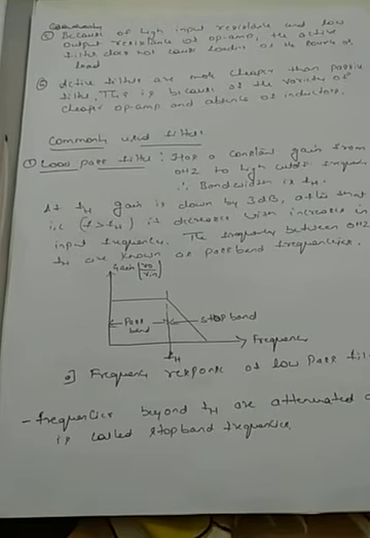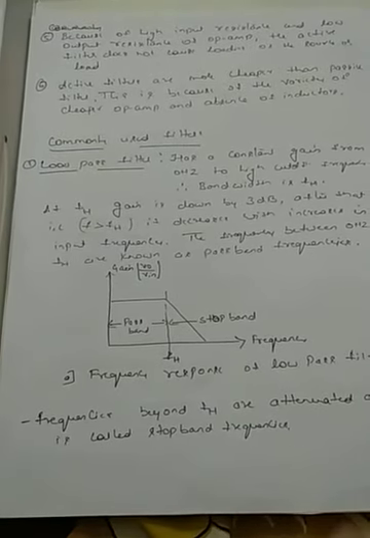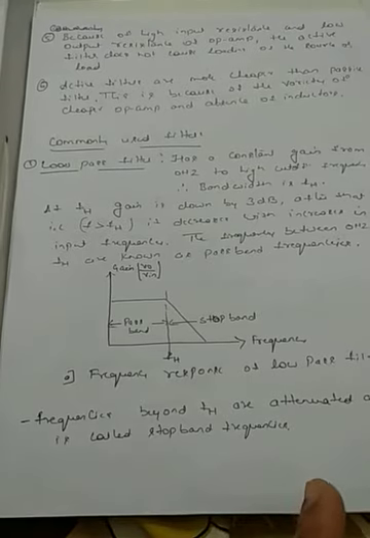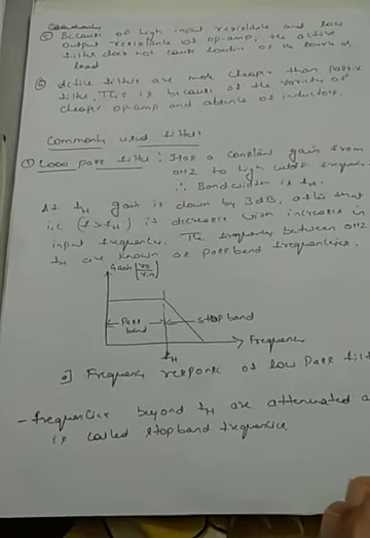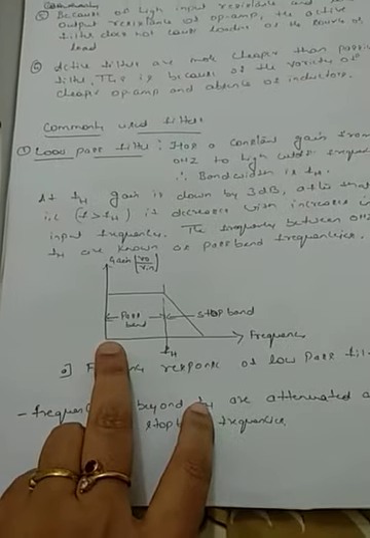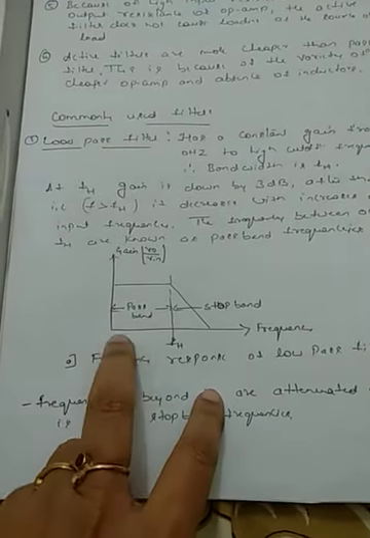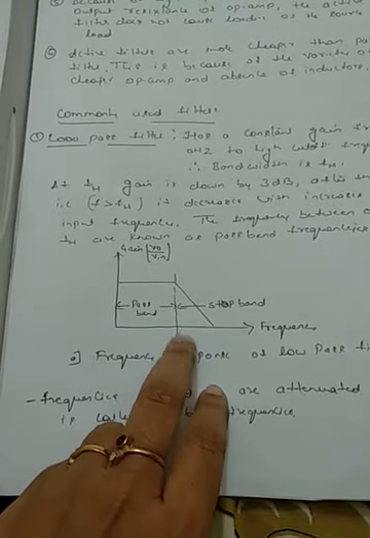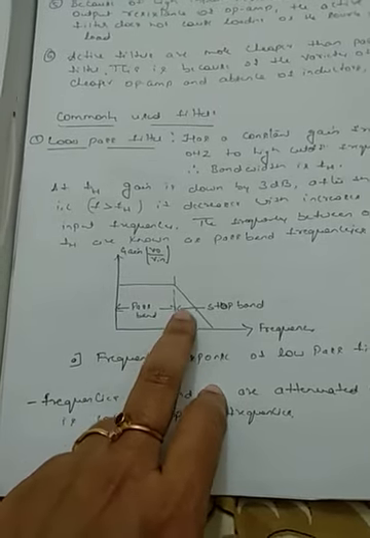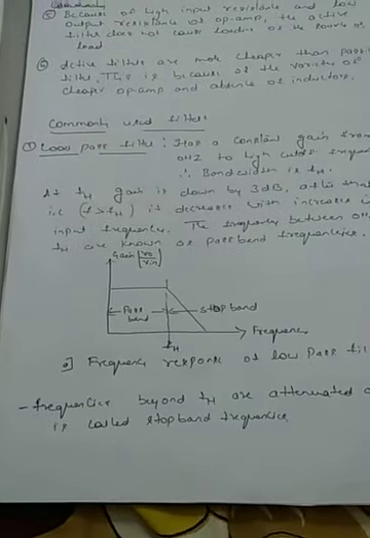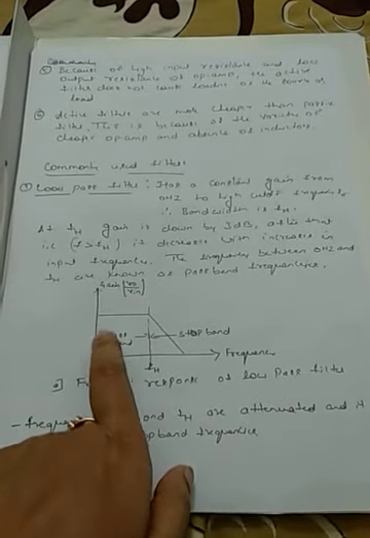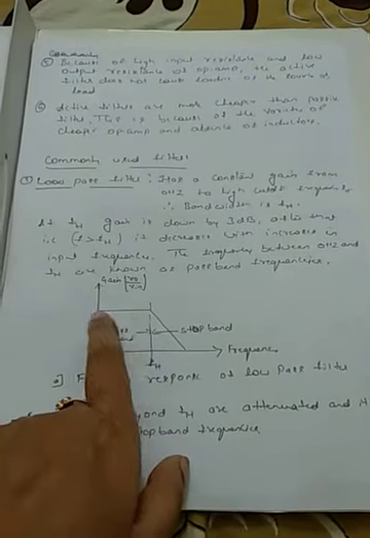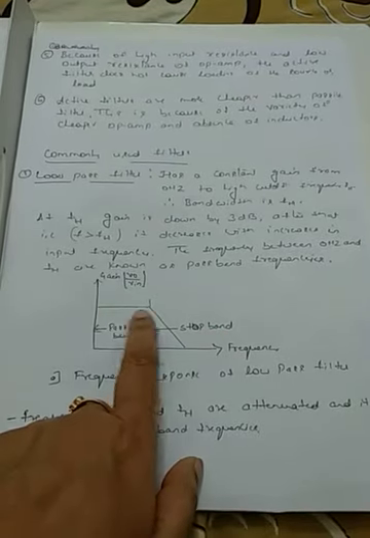A low pass filter is a filter which passes only the lower frequencies. That is, it passes only frequencies up to some higher cutoff frequency. Here you can see from 0 Hz, a low pass filter is a circuit which passes only the frequencies up to some higher cutoff frequency. After this it will not pass. You can observe it has a constant gain from 0 Hz to the higher cutoff frequency. This is gain versus frequency. So this gain is constant.